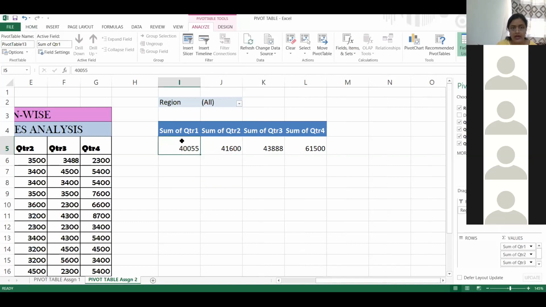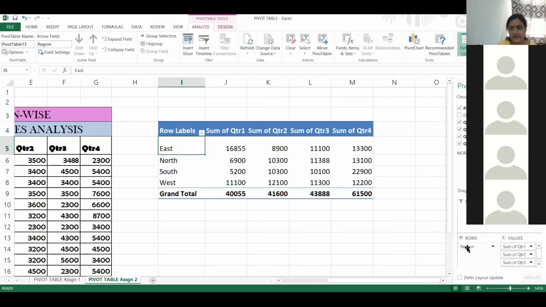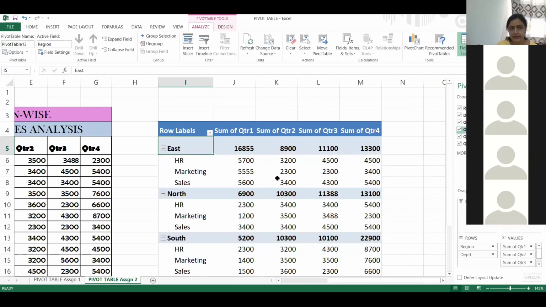Now I was telling you about calculated item, which we will be seeing right now. I'm taking regions in the rows and department. So it is showing me region wise, department wise, quarter sales.